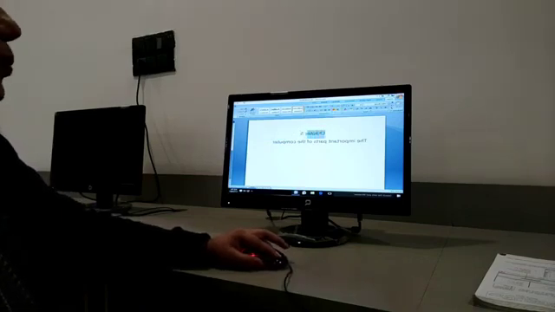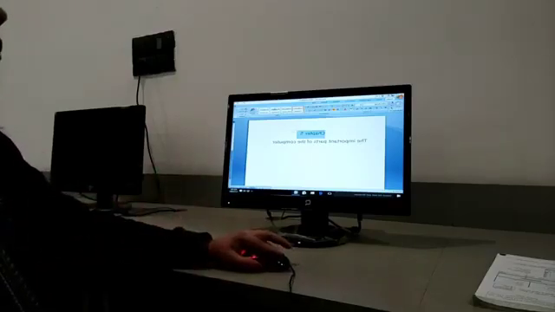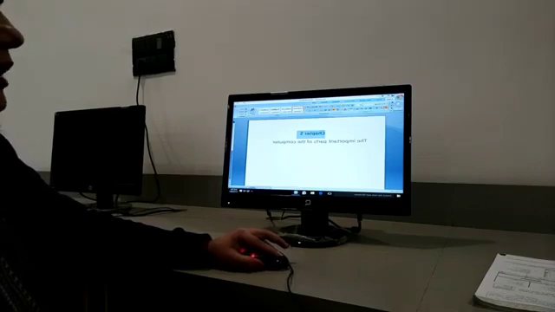Now I want to bold it. Bold means we want to highlight it. Then what will we do? We will go in the home tab. In the Home tab we will go in the font. After that we will choose the bold option. Now it is bold.